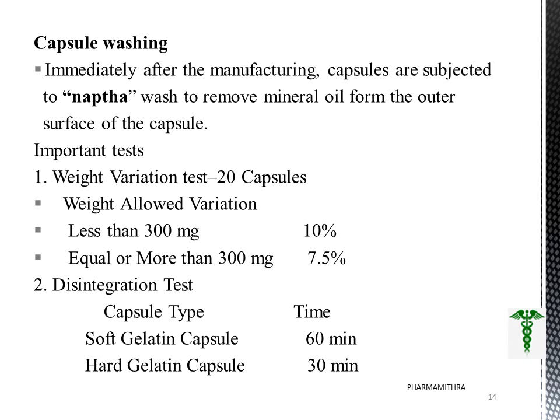On to the capsule washing. That is, immediately after the manufacturing, capsules are subjected to naphtha wash to remove the mineral oil. And weight tests are done for the capsule. The important one is the weight variation test, mostly done using 20 capsules to find out the weight variation. If it is less than 300 milligram, weight variation of 10% is allowed, and for equal or more than 300 milligram, 7.5%